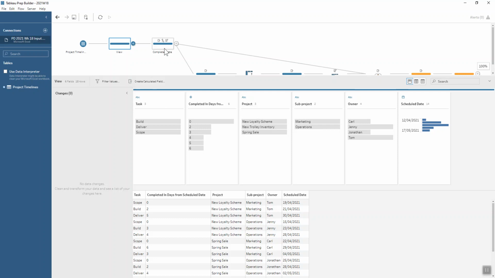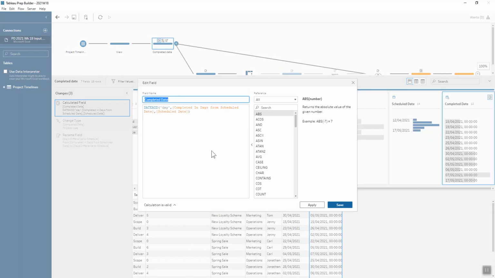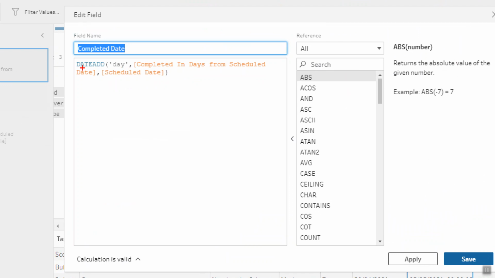So let's take a look at how we get to working out the completed date. That will be taking the scheduled date and adding on this completed in days from scheduled date field. So we're going to create that field by using the dateadd function that you can see here. The syntax for this is that we want to add it in days, rather than months or years or anything else. It's the day that we want to add, and then it's that completed in days from scheduled date that we're adding on. So how many days I'll be adding on to that scheduled date, that's how many,